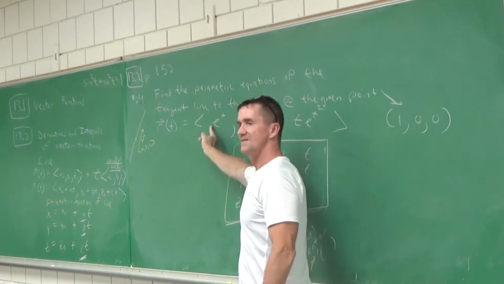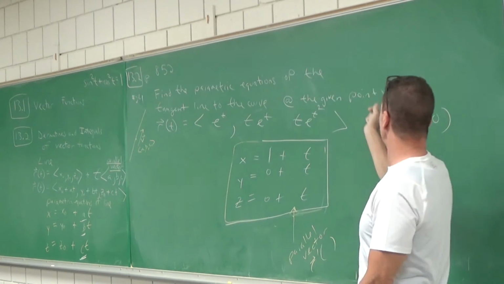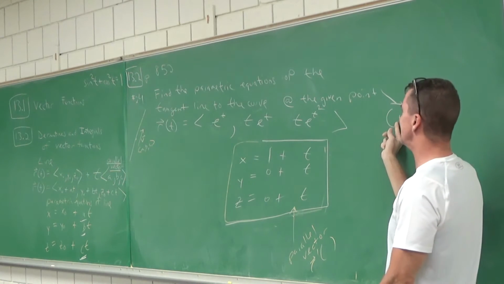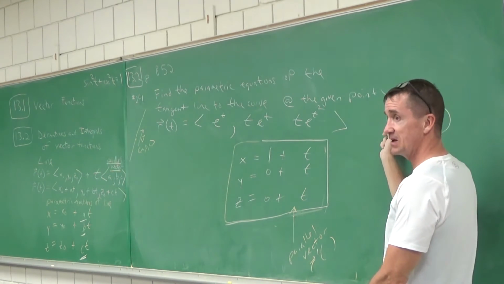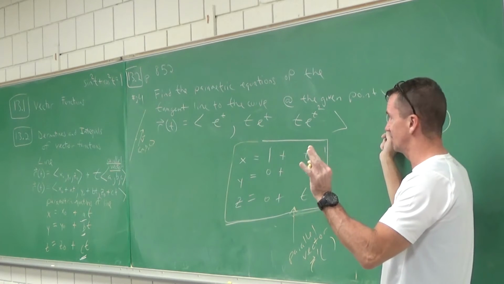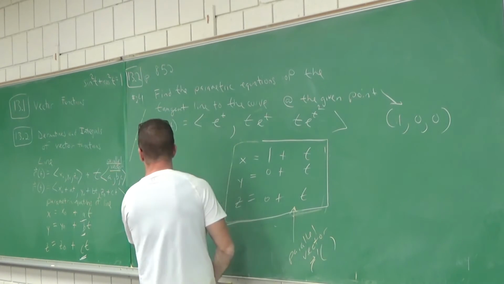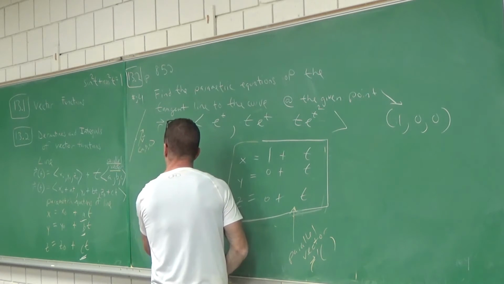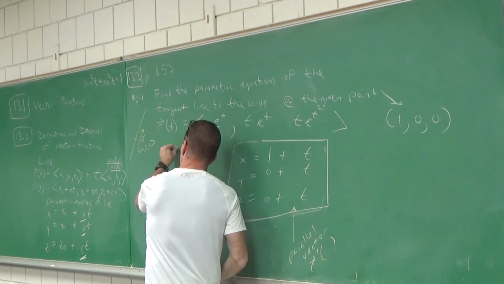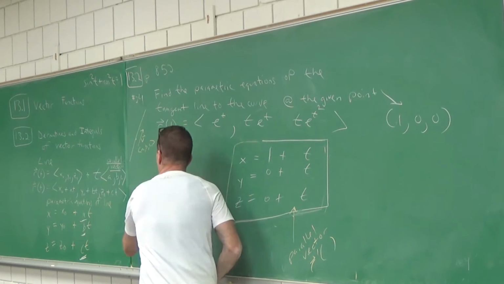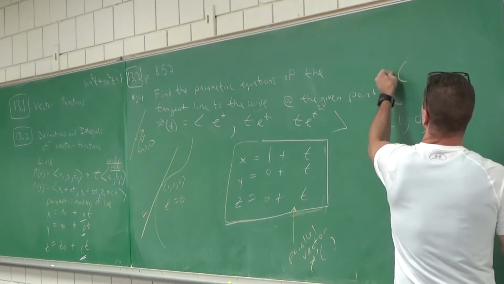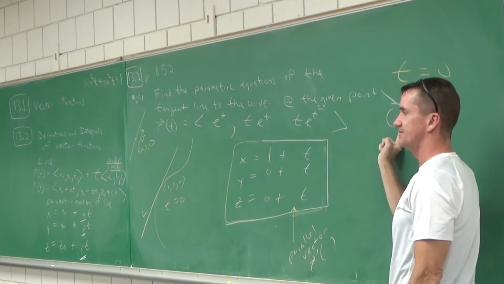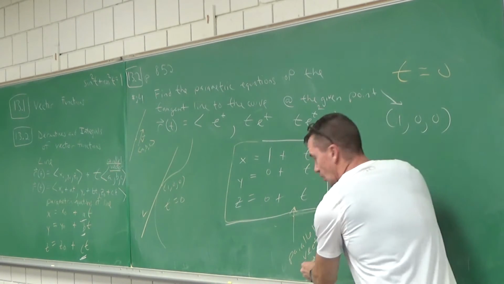Right now? E to the t must equal 1. And what t value is e to the t equal to 1? So does everyone agree this is going on at t equal to 0? This funny problem with a funny vector curve, and here's the point 1, 0, 0. We're saying the t value is 0. You all agree? All right, now go find that line L. T equals 0, because e to the 0 gives me a 1. Nice. Go find r prime of 0.